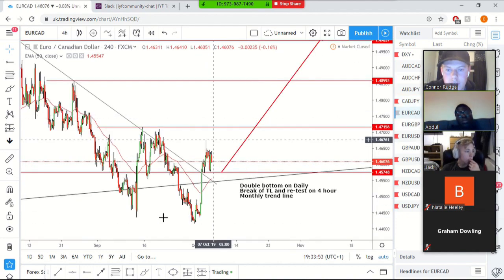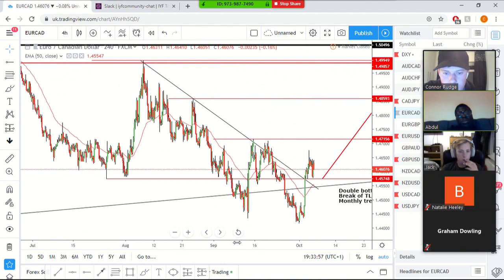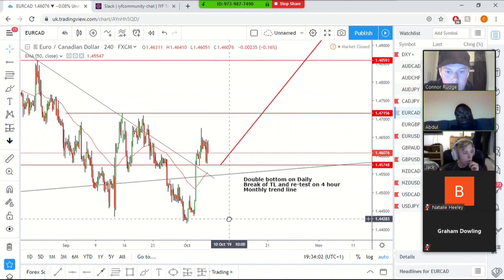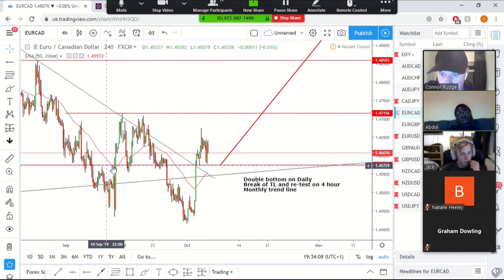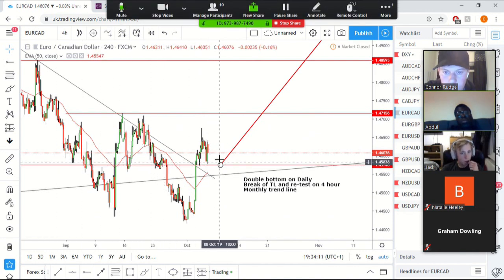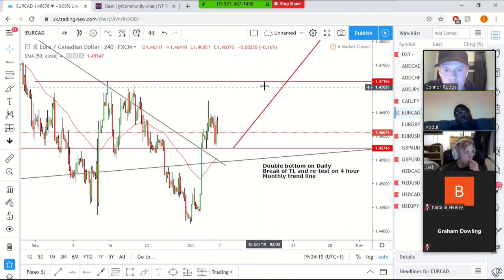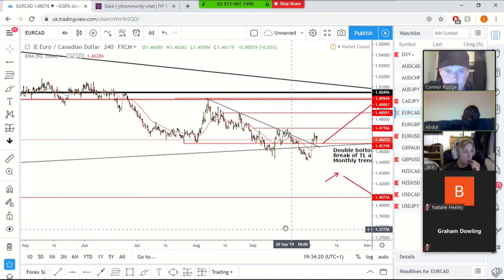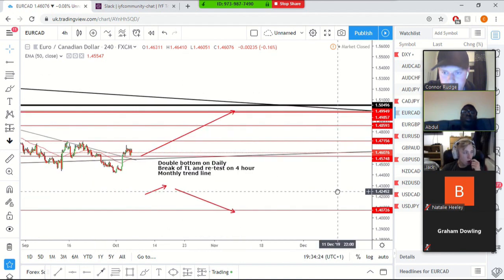Moving on to Euro CAD, we can see once again something common between the Euro pairs. We've got a trend line that's developed and we've now broken out. However, with this one, it seems like it's almost ready. So we've had this break of the trend line here, retested this significant level here. You can see quite a nice support level. Now we've come up, massive rejection, and now I'm looking for that long up to the next significant level. So if we can get TP1 here at 1.47,